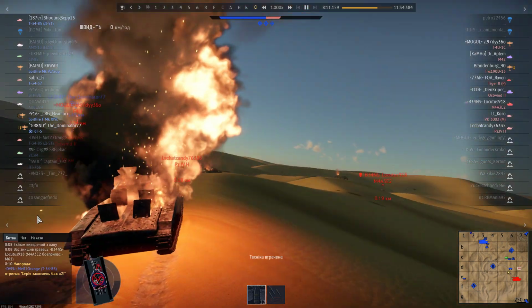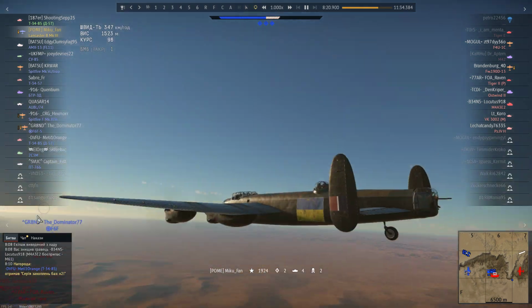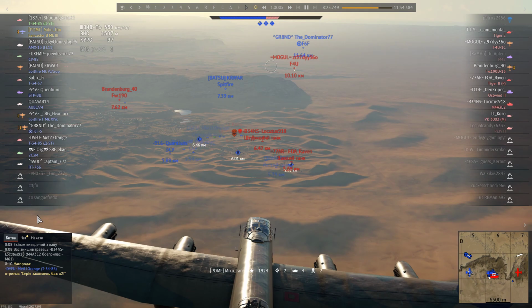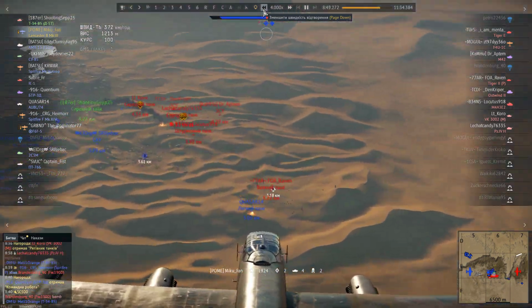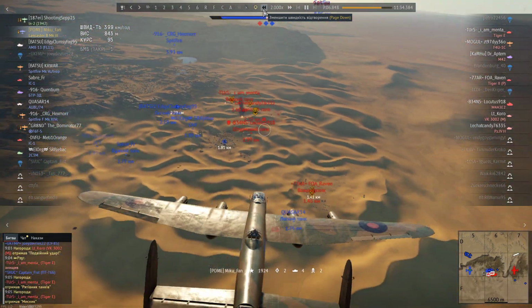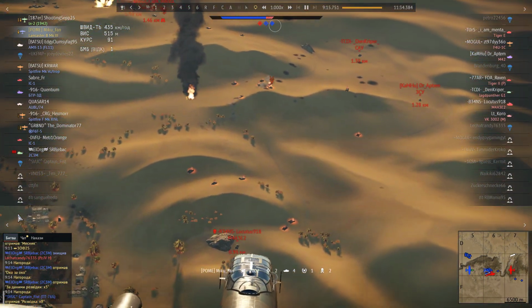So after dying on my AC4 Thunderbolt, I proceeded to pick our Lancaster Mark III with the new 12,000 pound bomb, which is my first use of this bomb. However, I thought about dropping the bomb on A first, but then changed my mind and decided to drop it on the enemy respawn. However, as the replay shows you, the best variant probably was to drop it